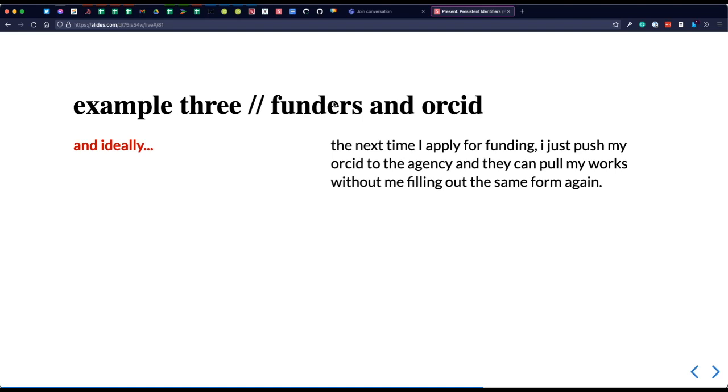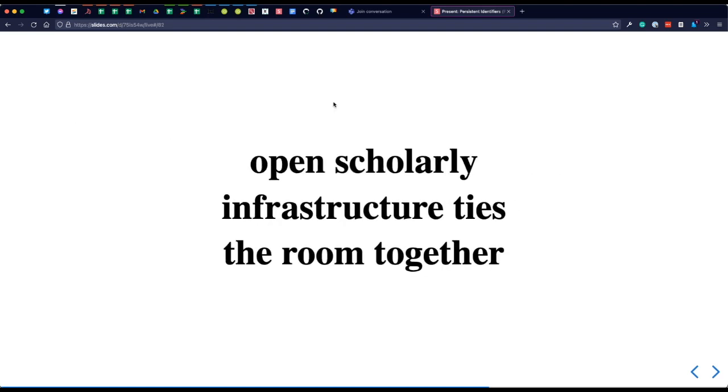I don't have to go fill out 80 forms and do a bunch of backflips. They can just, oh, okay, we'll just pull the thing. It's got all the same stuff in it, and all the added material will be there. And because you've given them access to your ORCID, they can just pull that content down whenever they need it. Open scholarly infrastructure really ties the room together, I guess that's what I'm saying. It's a way to connect all of these disparate things